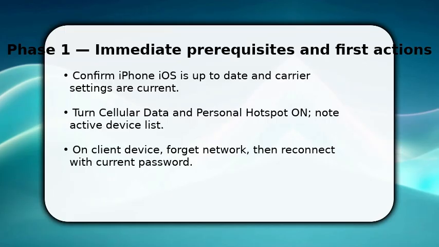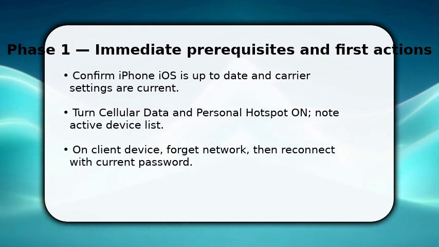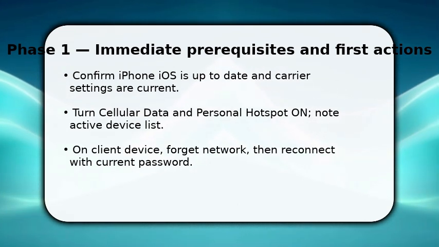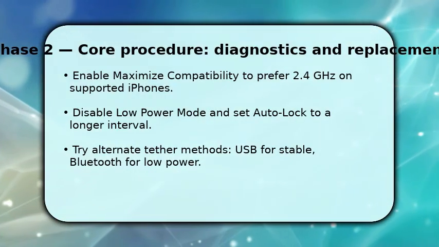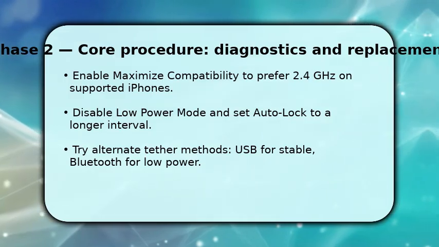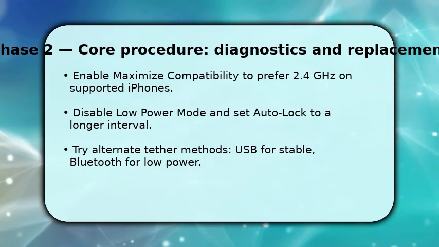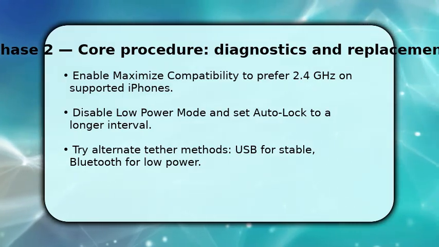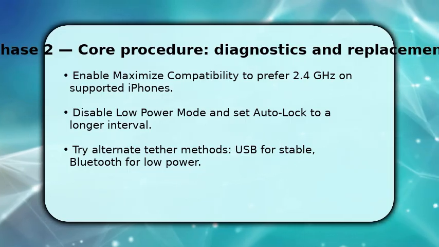Do this now, don't skip it, because many disconnects are caused by mismatched credentials or stale network profiles that reconnect incorrectly. Once reconnected, adjust deeper settings to stabilize the link. Enable Maximize Compatibility to force 2.4 GHz on phones that support it, since 5 GHz can drop with distance or interference. Make sure low power mode is off and auto lock is extended so the phone doesn't sleep and